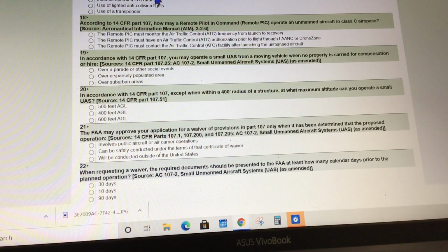According to 14 CFR Part 107, what is required to operate a small UAS within 30 minutes after official sunset? So you have to use after 30 minutes of sunset, which would be called civil twilight. No. I'm gonna go with, yeah. You don't need to use a transponder yet. And the rural area doesn't make sense because it can be,